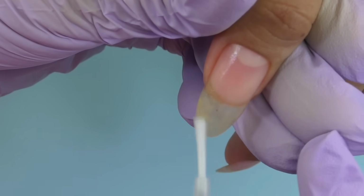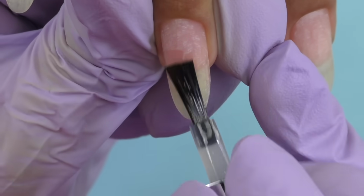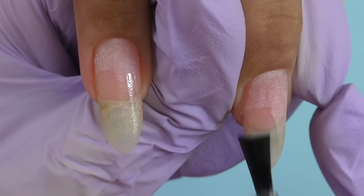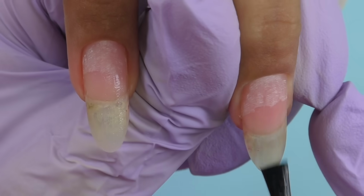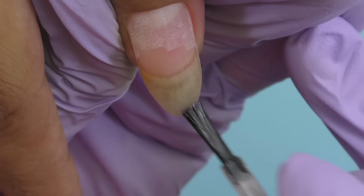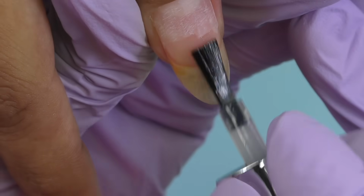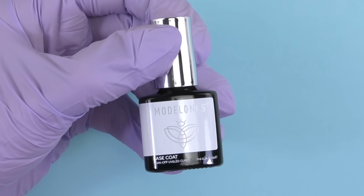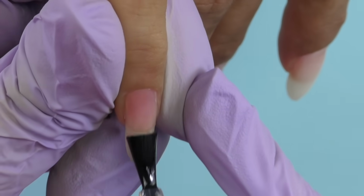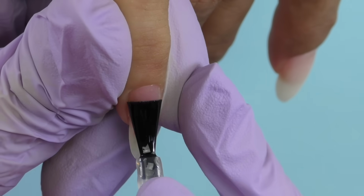Also make sure that nails are clean from the other side when you have a length like this. Then we are going to apply non-acid primer, and I prefer to apply it like this on 2/3 of the nail, because normally we don't need this extra adhesion close to the cuticle, but if you wish you can apply it all the way. Then I'm going to use base coat, which is also included in this kit, and first